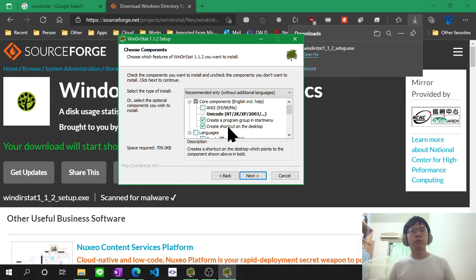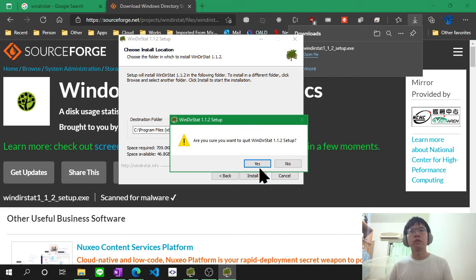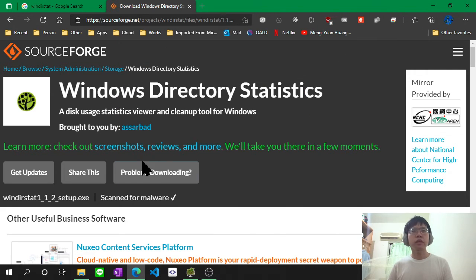Because this computer has installed this software, I don't install it again. Please try to install it by yourself. After install this software,